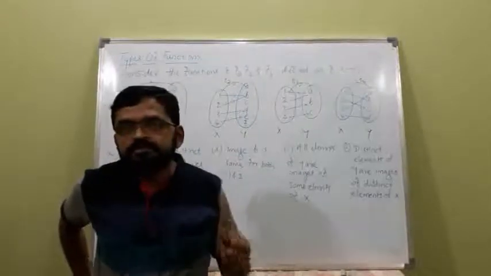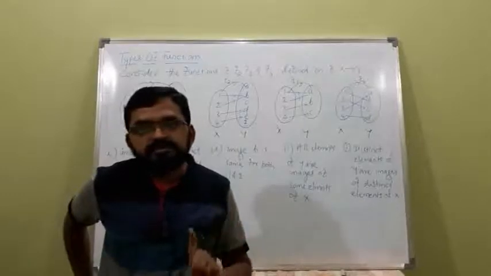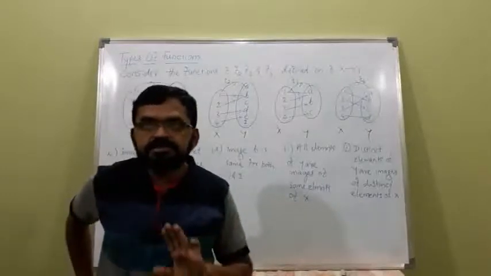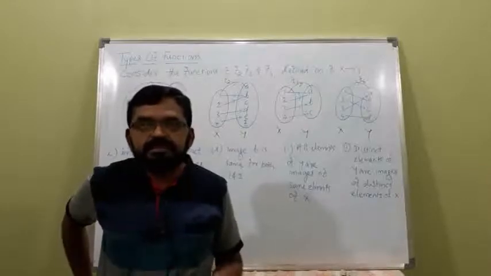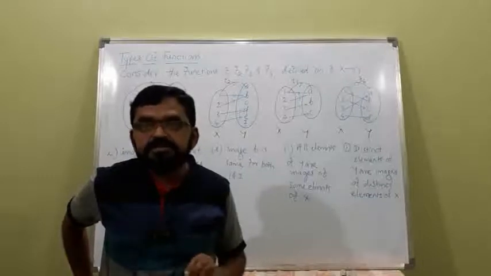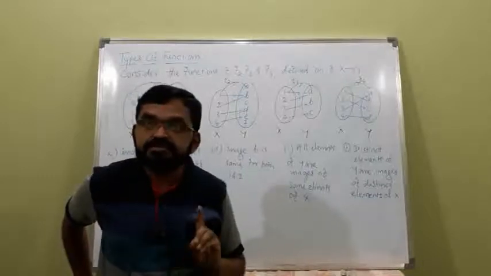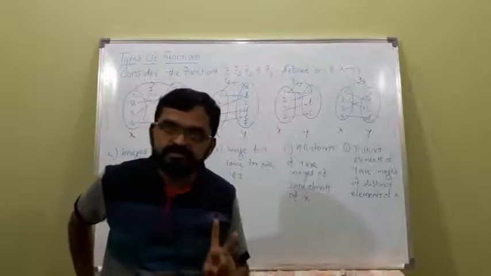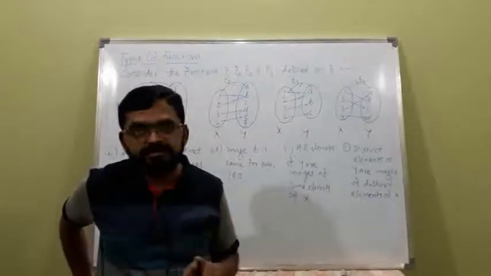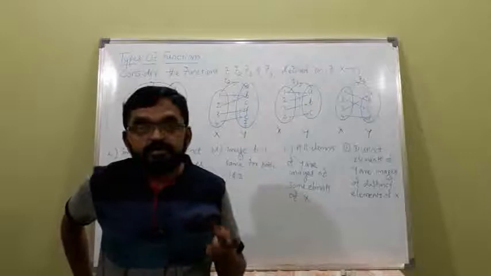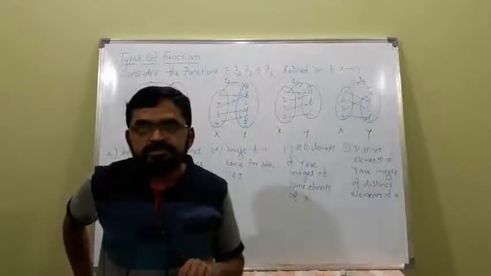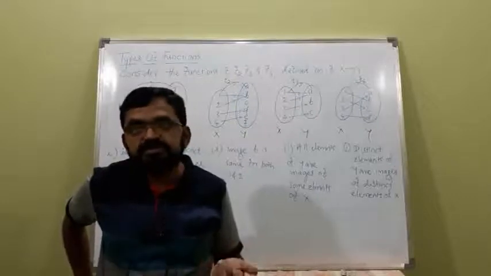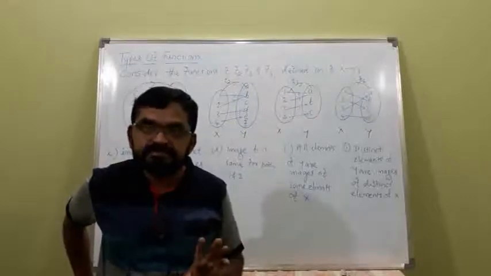Only two important definitions are there. Based on that, some examples, that is exercise 1.2. Please try to understand the concept first. What is a one-to-one function? There are two types: one-to-one function or injective function, and onto function or surjective function. A function which is one-to-one as well as onto is a bijective function.